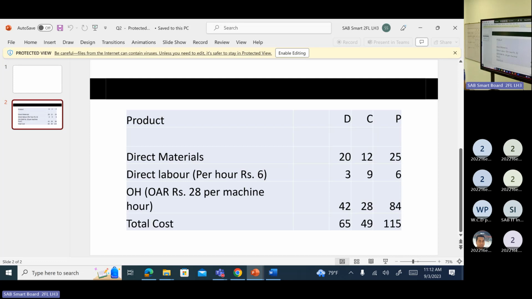Right. So 3 products, the answer would be